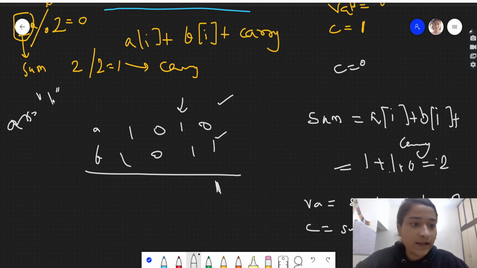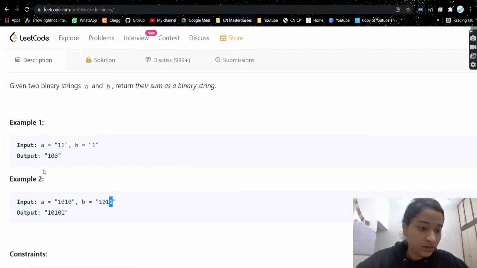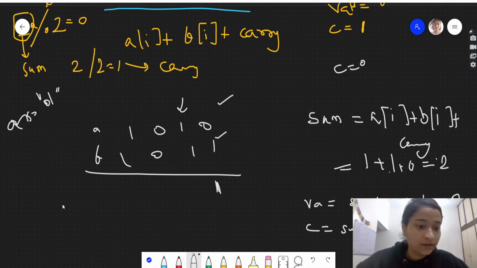This 0 we will add not after this one but before it, because we are calculating the sum now. This was the last value, so this 0 will be appended before it, here. And then the carry will become 2 by 2, which is 1. So now carry will become 1.